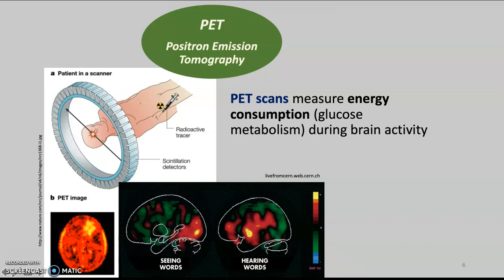Because they measure energy consumption in the brain, PET scans are used in cancer diagnosis since malignant tumors are typically highly metabolic and therefore rapidly synthesize radioactive glucose. Some advantages of using PET scans is that they are a direct measure of brain metabolism, but